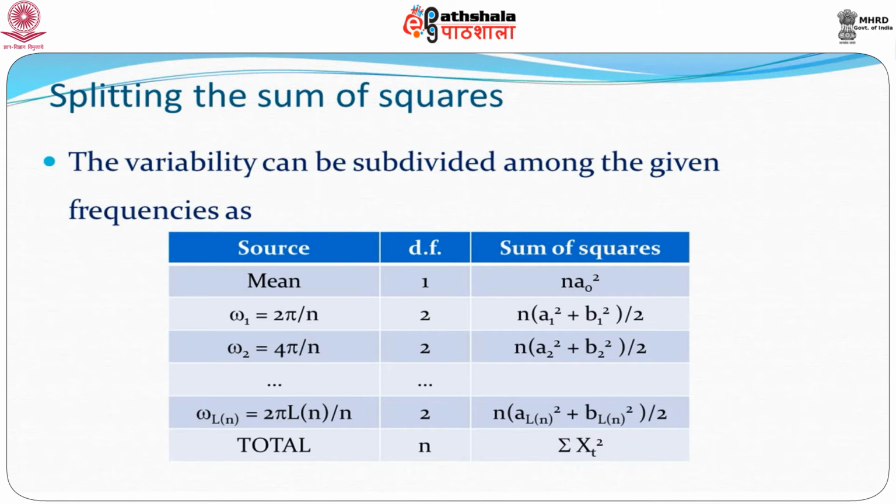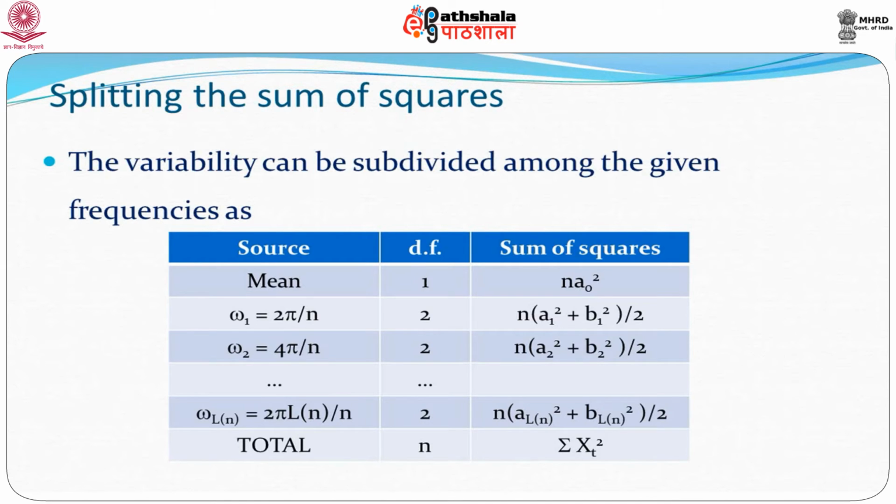Similarly, omega equal to 2 would have 2 degrees of freedom, and it is again given by n times (a2 square plus b2 square) by 2, and so on and so forth. And the sum of this would come out to be summation xt square. Mind you, the way we derived it, it was the total minus the mean. So, if you take xt minus x bar square, then you leave out the mean degree of freedom, the total degree of freedom becomes n minus 1, and you split it up into the different components